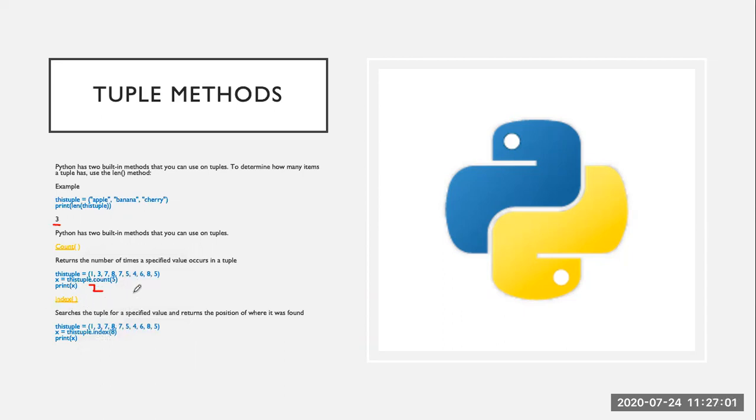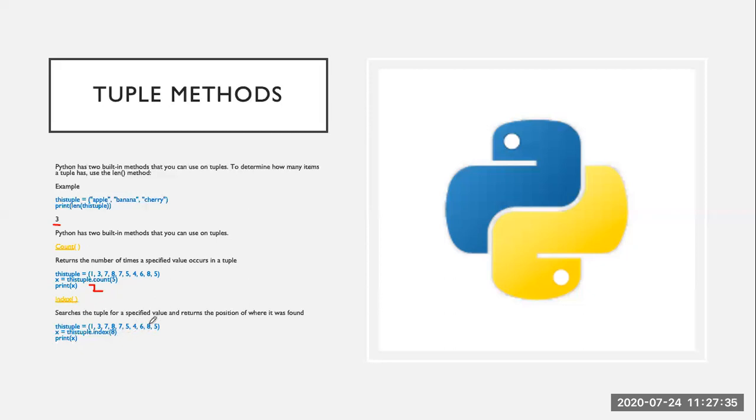Okay, similarly there's another method which is used for tuples, that is index. Whenever we want to find out at which place some item is, meaning we want to find out the index number or the position of some item, we can simply use the index function. For example, we are using the same tuple with the same values and we are using the index function. So we will use the tuple name, dot operator, index function with that value, which is actually passed as a parameter.